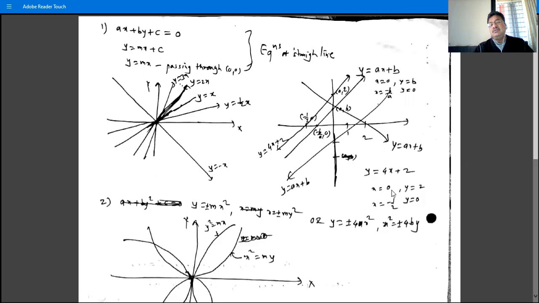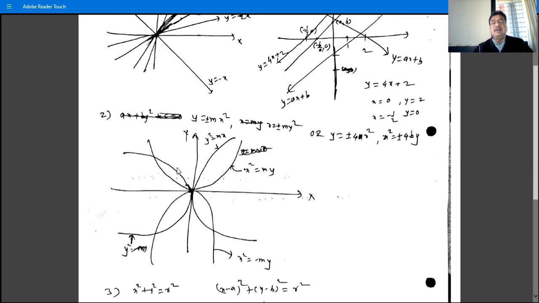But we have to draw the graph of that line. So in order to draw the graph, just substitute x is equal to 0, find y, and denote that point. And substitute y is equal to 0, find x, and denote that point. And the line passing through those 2 points is the graph of that equation. Similarly, the equation of